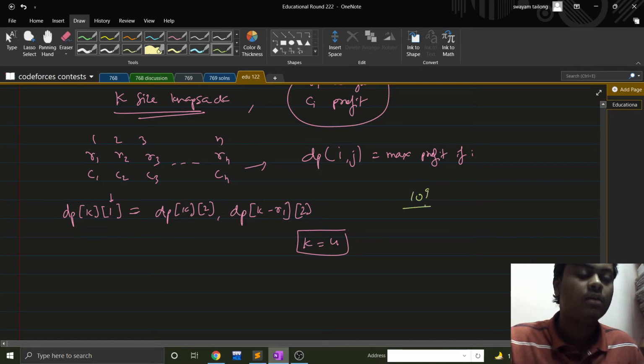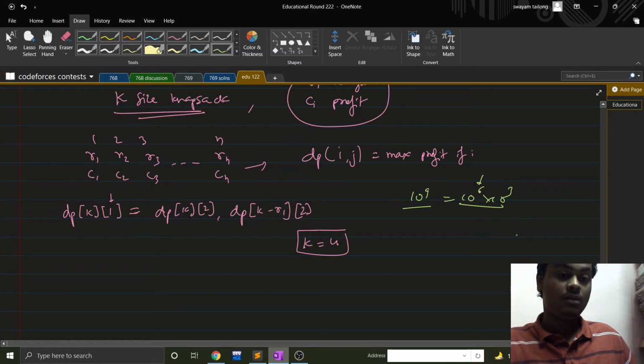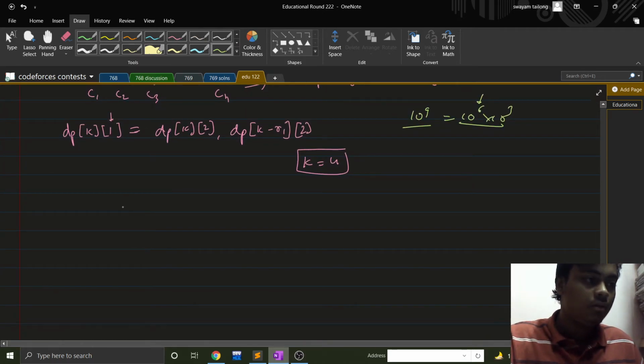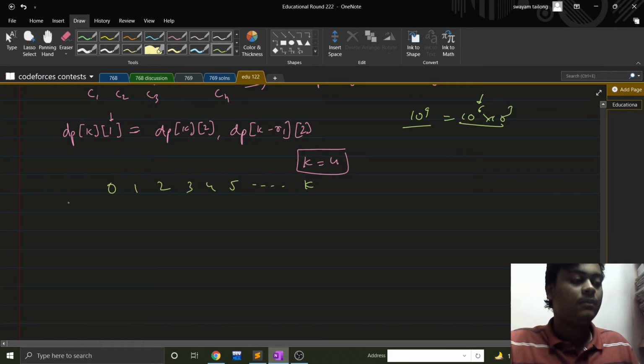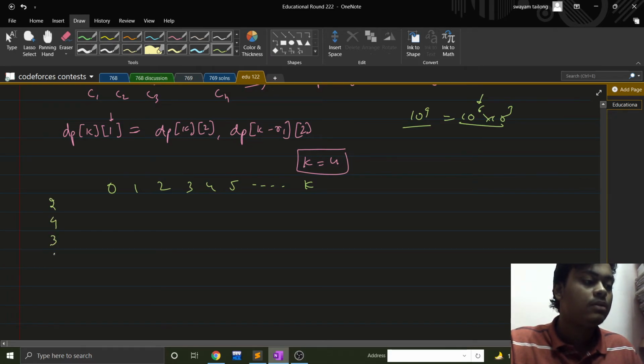This will be 10 power 9. It is 10 power 6 times 10 power 3. The weights can go to 10 power 6 and the number of coins can go to 10 power 9, right? That means if I have 0 weight, 1 weight, 2 weight, 3 weight, 4 weight, 5 weight, up till k weight, and I can give coins like I can earn 2 coins, 4 coins, 3 coins, 6 coins, up till like, let's suppose